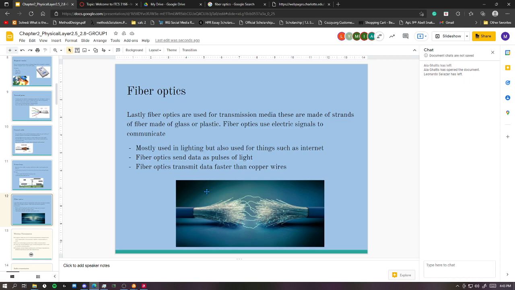This is why they are actually faster than twisted pairs, because twisted copper wires. And yeah,